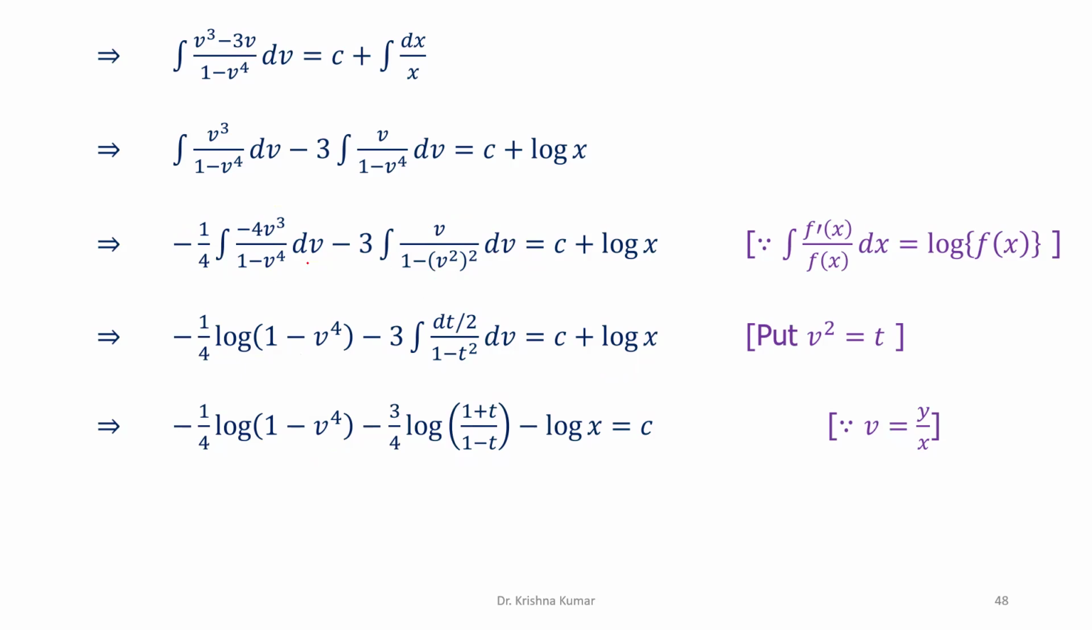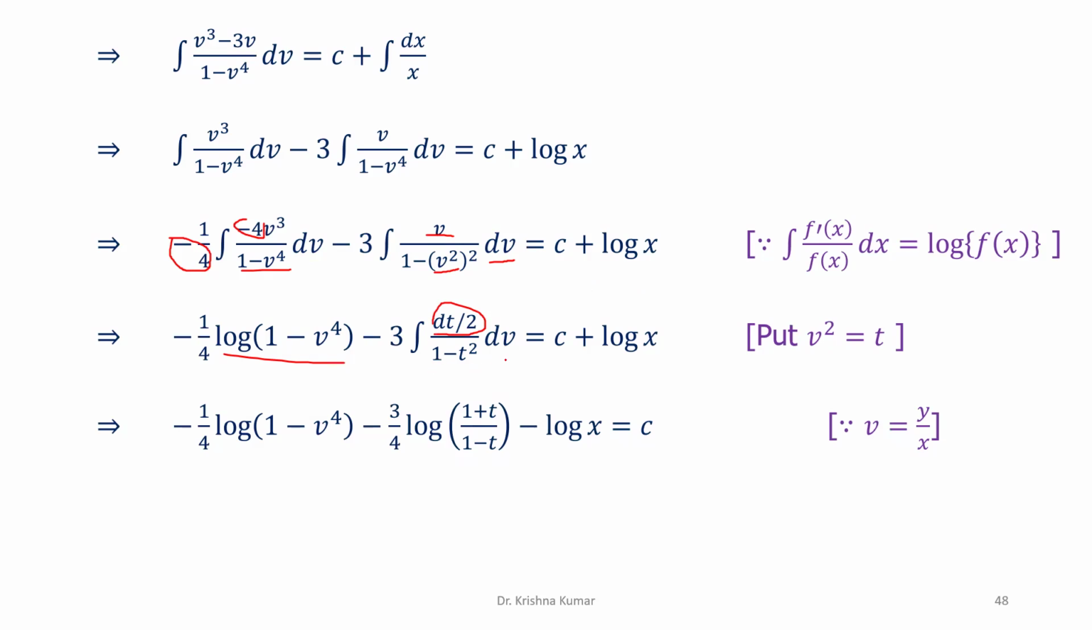Now what we are doing over here, the first thing, we are multiplying and dividing by minus 4. So the derivative of 1 minus v to the power 4 is nothing but minus 4 v cube dv. So this can be written as 1 upon x, for example, and the integration of 1 upon x is nothing but log of x. Similarly, if we put v square equal to t, then 2v dv is equal to dt. So v dv is equal to dt by 2